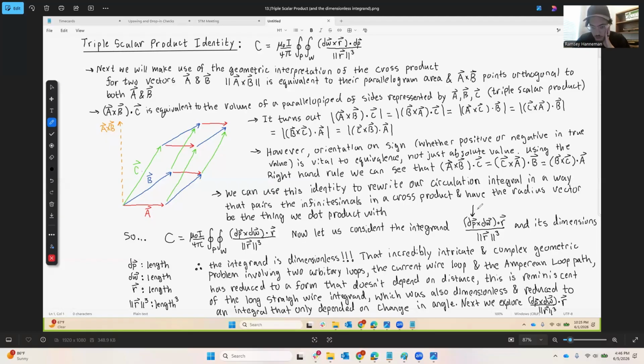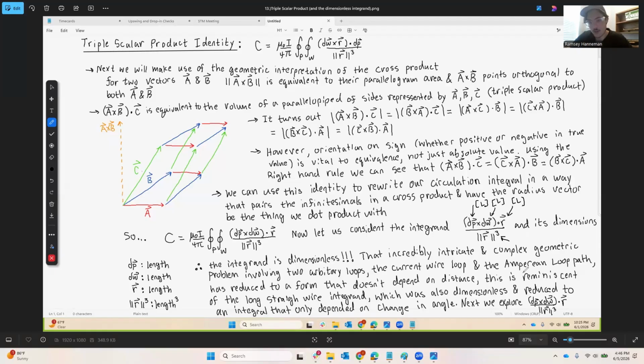A unit would be like meter or centimeter, but the dimension would be length. So dp has dimension length. A little bit of wire also has dimension length. R has dimension length. And then r cubed in the denominator has dimension length cubed. So this integrand is dimensionless,